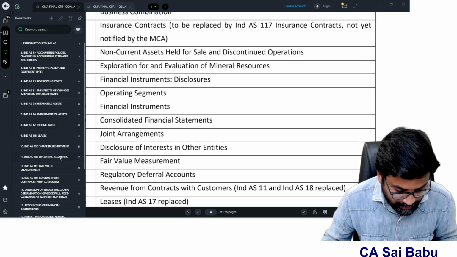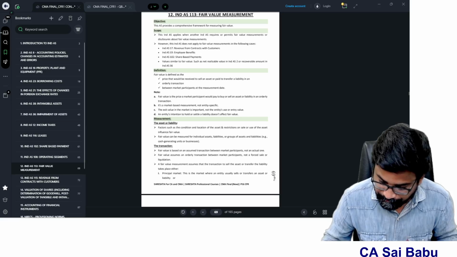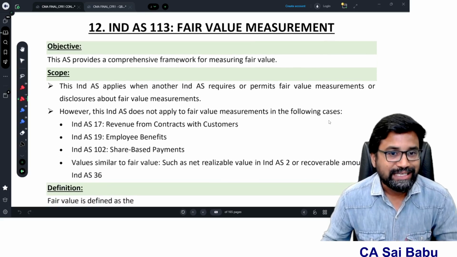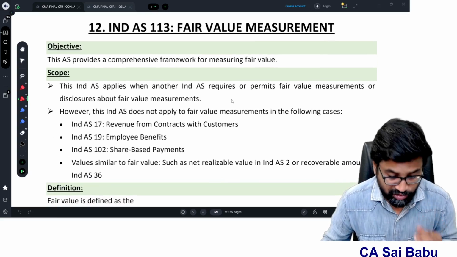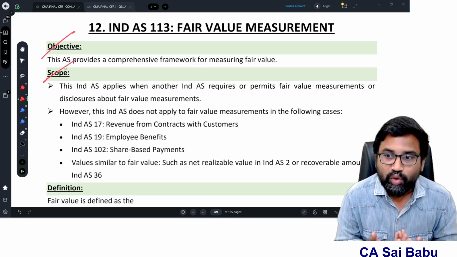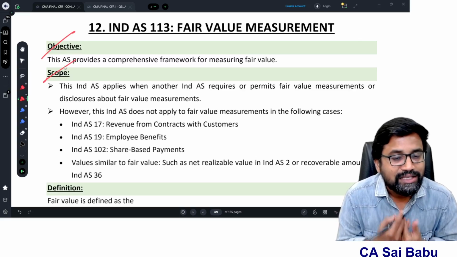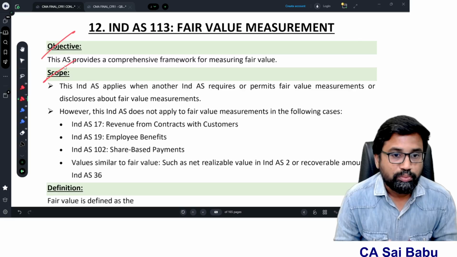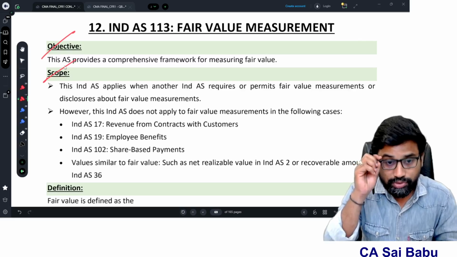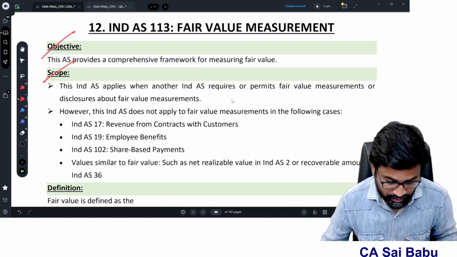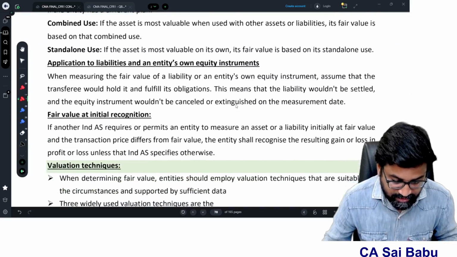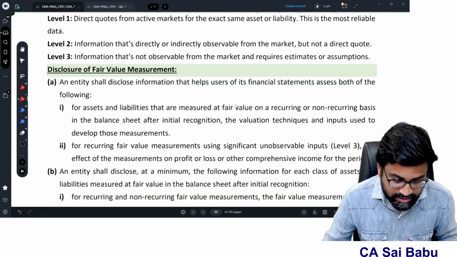For example, you see fair value measurement. How this fair value measurement is presented. Look at this objective first and then scope of the standard. Why this standard came, what we are going to achieve by learning this standard, that is most important. And scope, see, they may ask an MCQ question relating to scope. So that's why scope. And then what are the important definitions, measurement of the standard, the valuation techniques, fair value